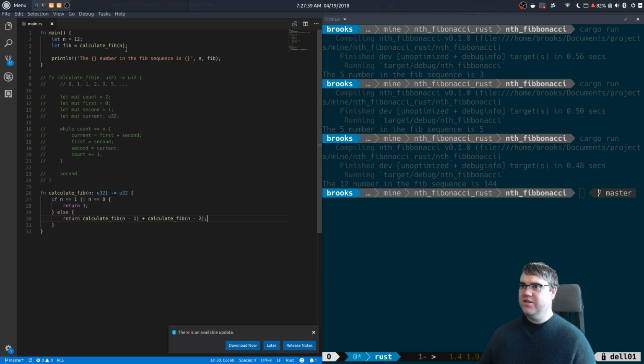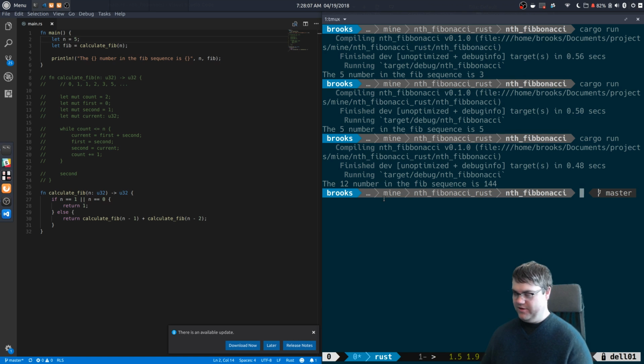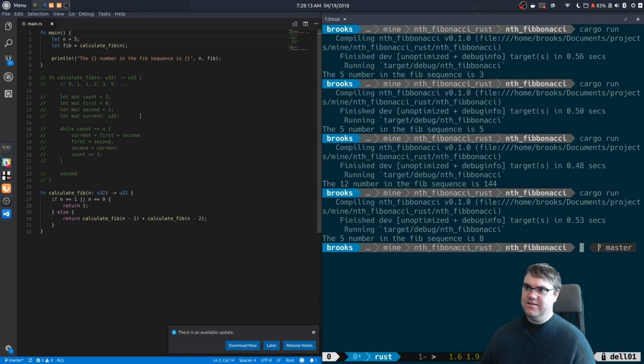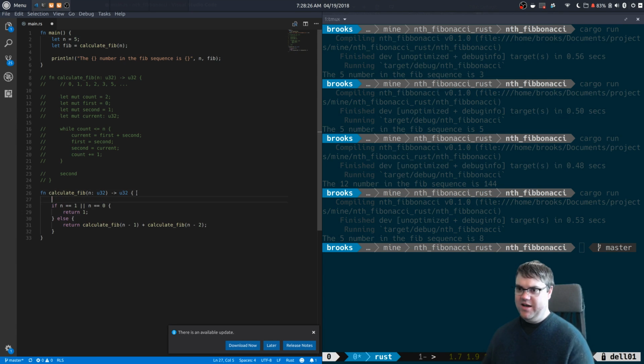So this should, I'm not going to do 12, I'm going to do 5 again. This should calculate out 5, I'm hoping. The fifth number in a fib sequence is 8. So, which would be the next one right here. Oh, you know what? Because this one is starting with 1, 1. That's the problem here, is that if I want to do the exact same way, I need to do, you